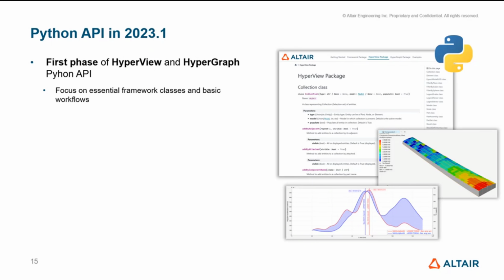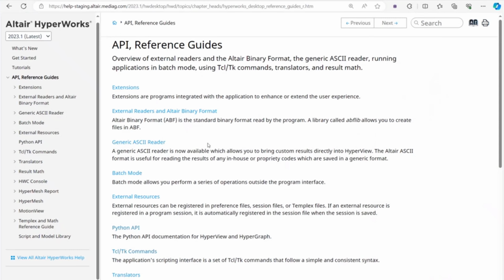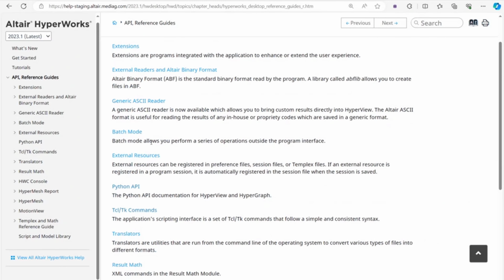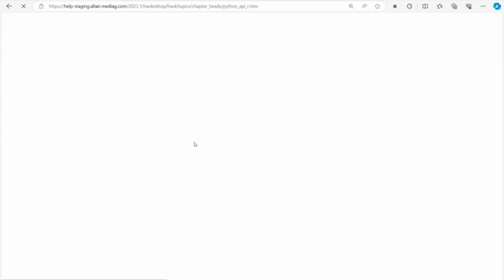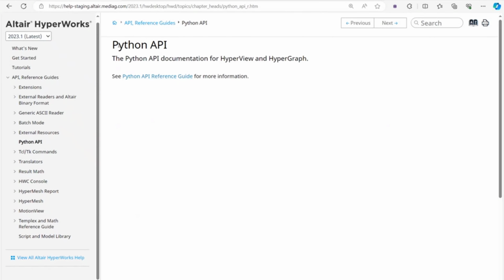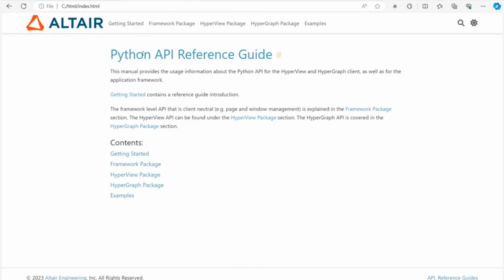Let me start with what I believe is one of the best news with respect to this project, and that is that there will be a full documentation. Let me show you a quick proof of that. The website. So once you get your hands on the 2023.1 documentation and you enter the API reference guides, scroll down and you will see a new link for Python API. Click on the link and it will guide you to a middle or transition page for Python API. And then you'll need to click on the Python API reference guide, which will take you to a standalone